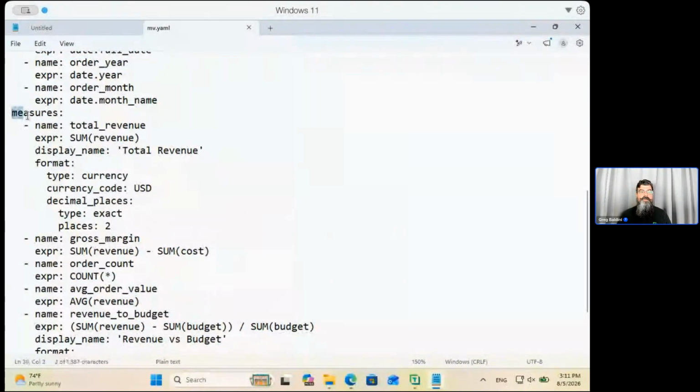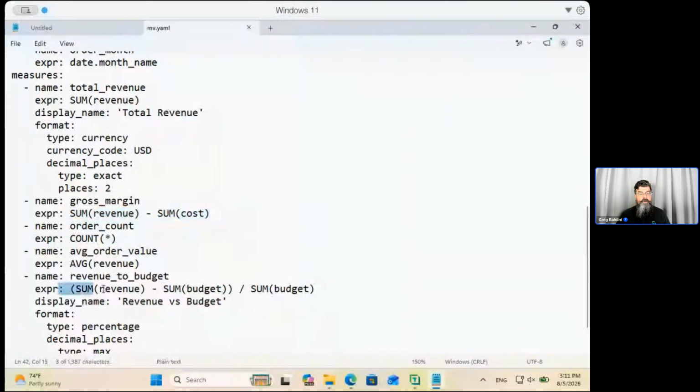Then we've got a series of measures. Each measure is defined, again, with a name, an expression, and the expression for a measure is some SQL expression that ends up as a scalar. So a sum would aggregate everything in the metric view by sum. You can also do more complex aggregations, for example, multiple different aggregates, or you could do arithmetic across these, and